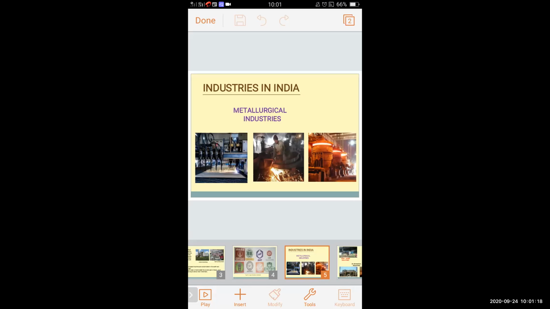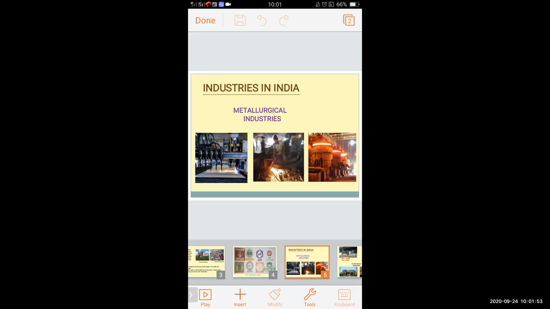In the northeastern part, various metallurgical industries and steel industries are situated because the raw material needed for this is found in that region on a large scale. There is also availability of large quantities of coal and refractory materials, along with cheap power from the Damodar Valley Corporation, and a number of thermal power projects have added to the advantage.